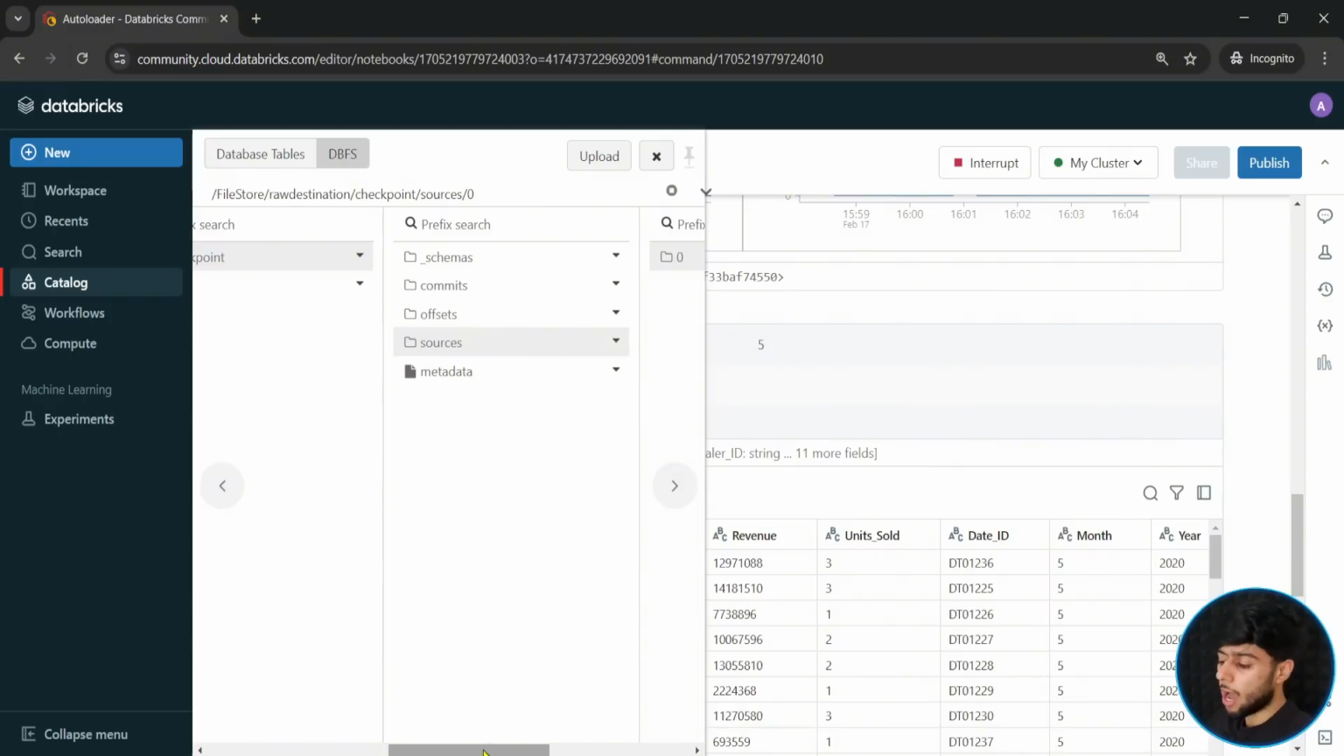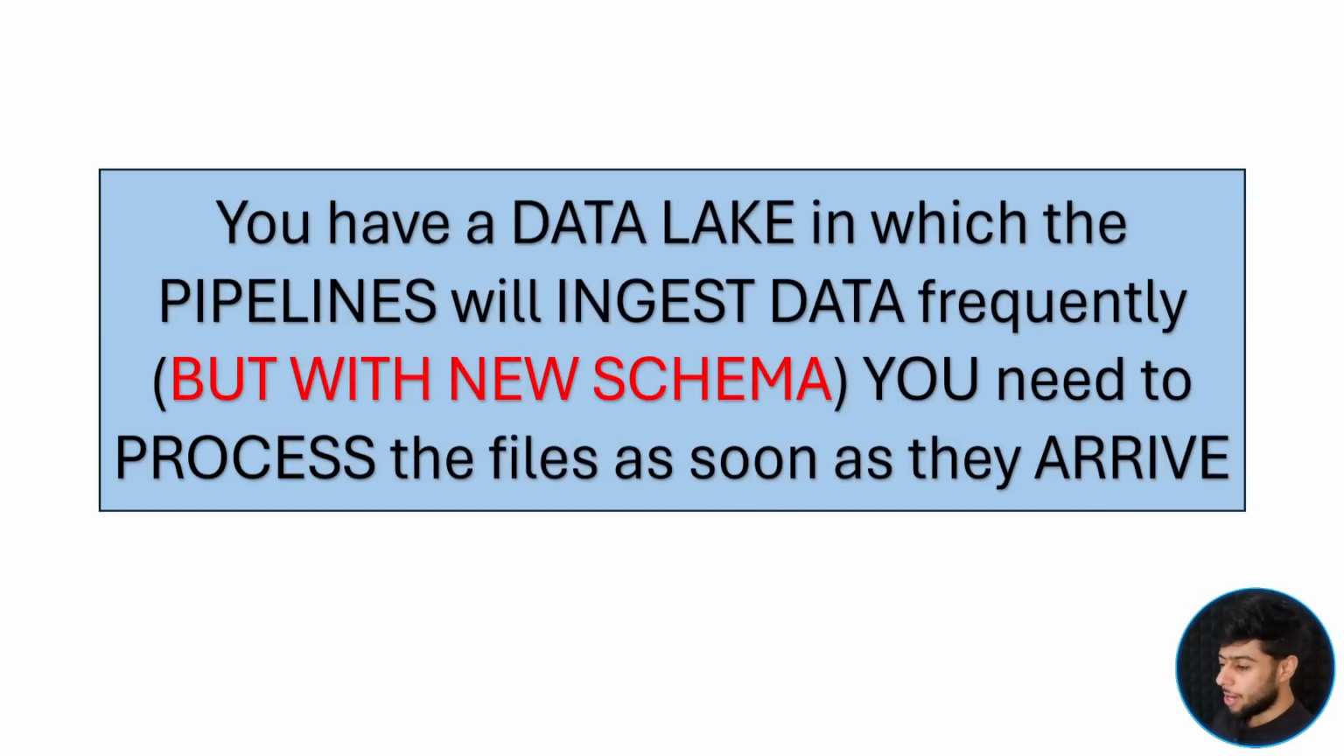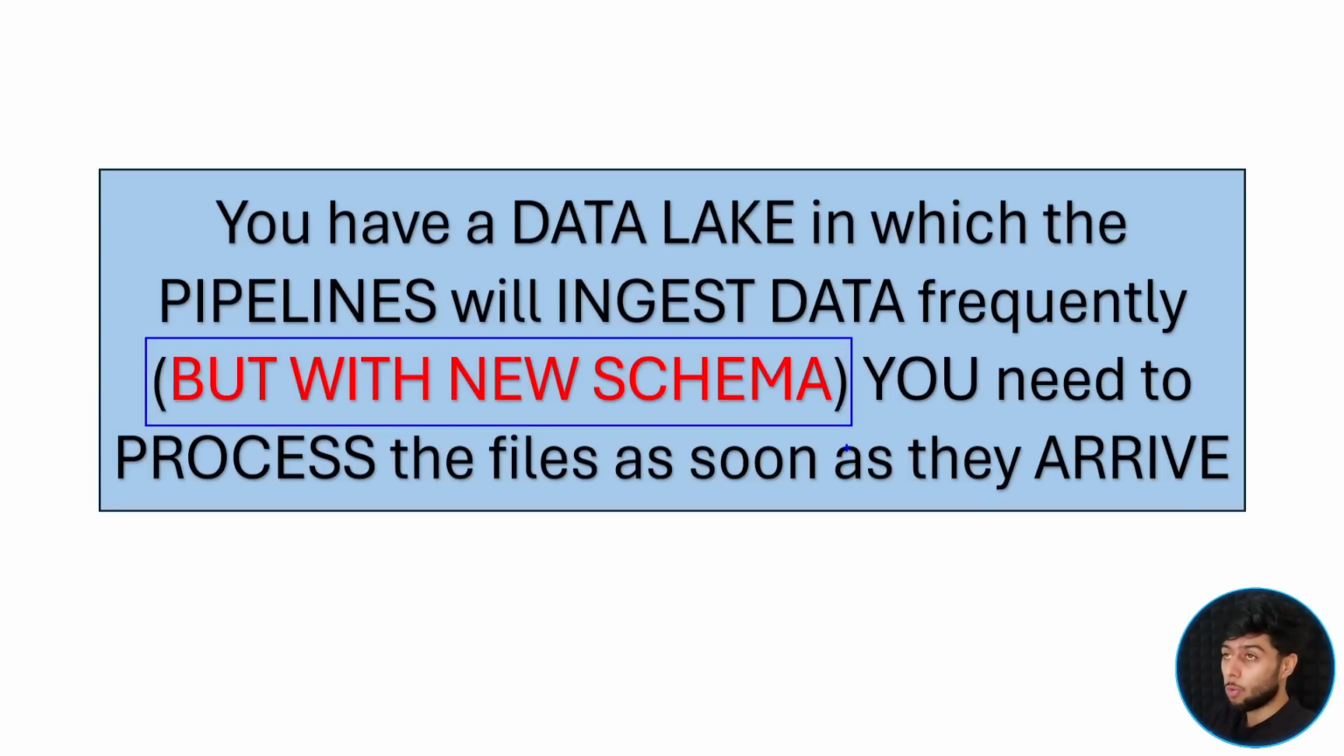Now I will take you to the next scenario, which is directly linked to this one, and that will level up your knowledge of Autoloader. The next scenario is very similar, but concept-wise it is very, very complex. You have a data lake in which pipelines will ingest the data, but this time with a new schema. Let's say you are uploading files, and we just uploaded files, but this time